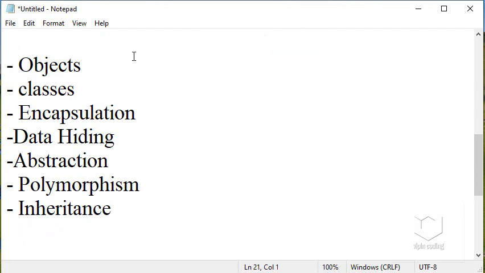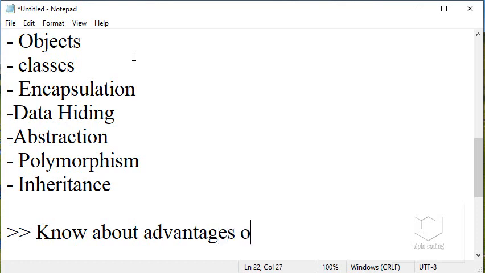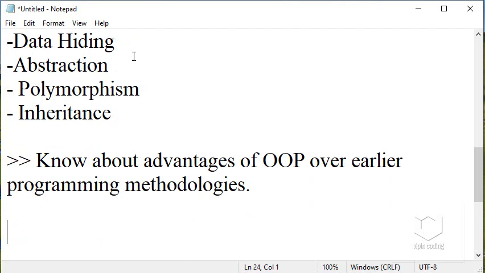We will discuss all these in detail in next videos and in this video too. Know about advantages of object-oriented programming over earlier programming methodologies. Okay, now let's see